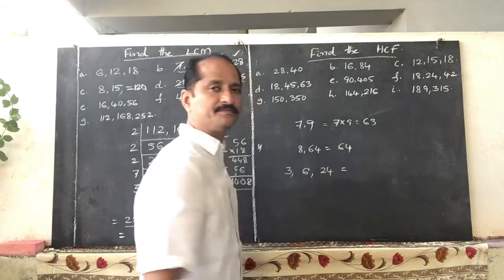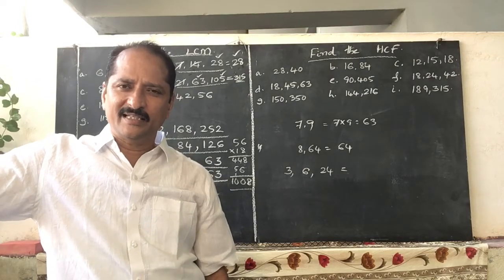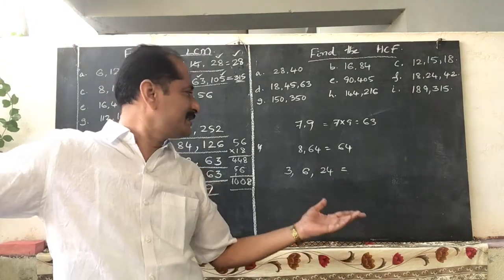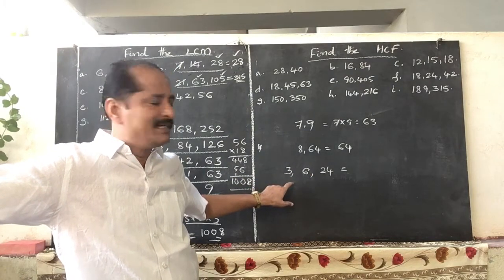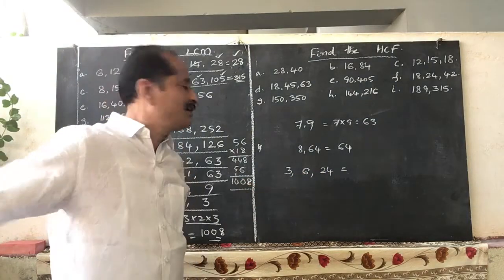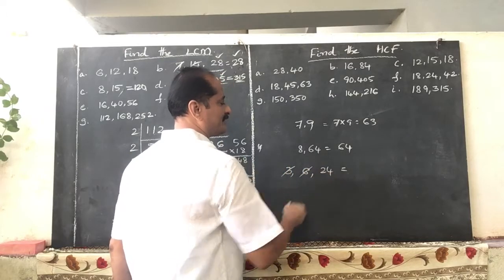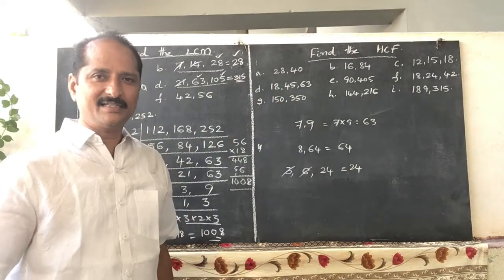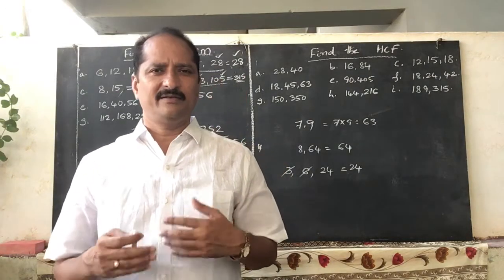Observe carefully here. What will be the LCM of these three numbers? Use the properties. Either they are co-primes or the greatest number is a multiple. They are not co-primes because 24 is a multiple of 3. 3 is a factor of 24 and 6 is also a factor of 24. So for 3 and 24 the LCM is 24. For 6 and 24 the LCM is 24. So totally the LCM of 3, 6 and 24 is 24. Understand? So different kinds of problems you can take and find out the LCM.